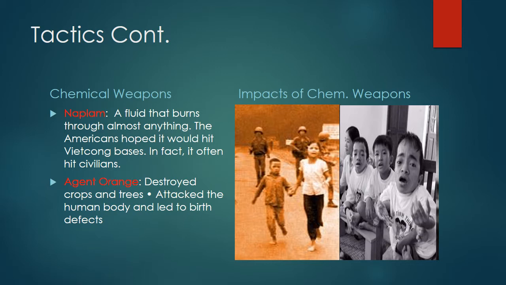The targets of these bombings were the Ho Chi Minh Trail. It was a passage from North Vietnam to South, which was used by the Viet Cong. So the key target of this Rolling Thunder operation was to destroy the supply lines,